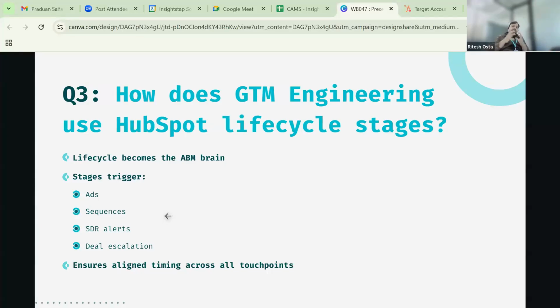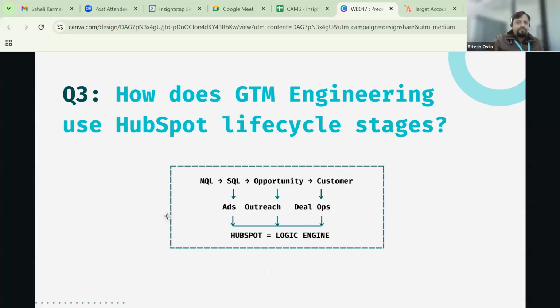So HubSpot lifecycle stage is a very critical element when it comes to ABM. Whether the prospect is a lead or a customer matters a lot in so many different decisions. So HubSpot lifecycle stage plays a very crucial role. Okay, and it aligns the timing across all the touch points. So a lead becomes an MQL, SQL, opportunity, customer,